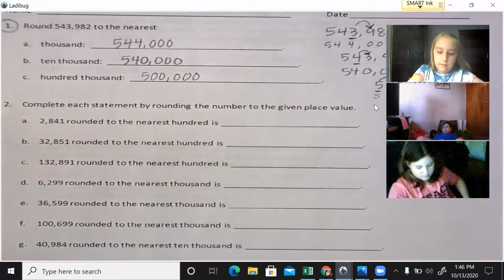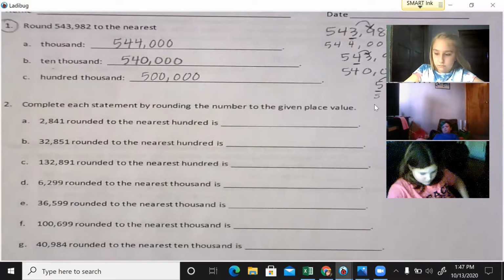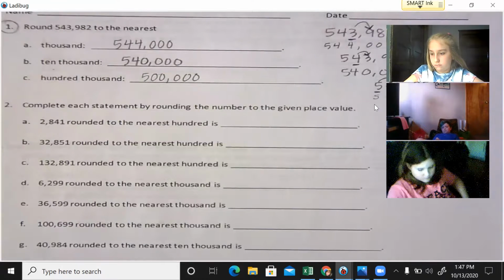So it's really up to you which strategy you like better. Would you rather use the number line because you like to have that visual? That's fine. If you like the poem, that's fine also. It's really up to your preference unless it tells you what you have to do. So on your practice problems for today, you can choose the method that you prefer. So I'm going to stop sharing and I'm going to